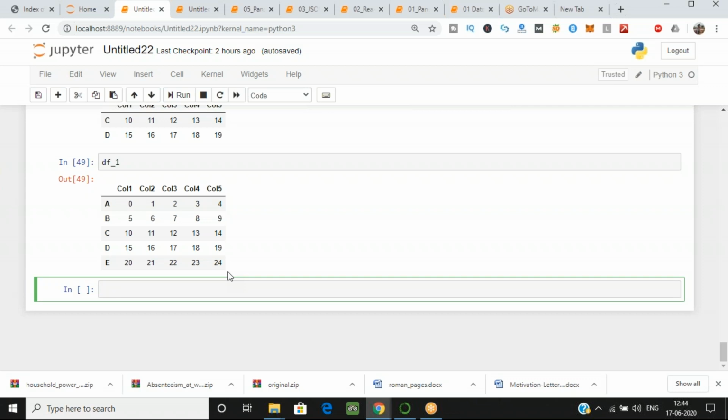In ILOC, I means index, so you have to specify the index value. And in LOC, you can provide the string also, that is the row label. You can only use the row label in LOC. That's why we have used LOC over there, not ILOC. So let's use that. I'm giving you one example of both.